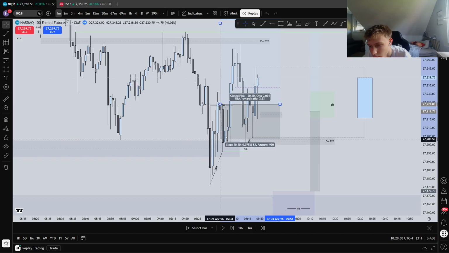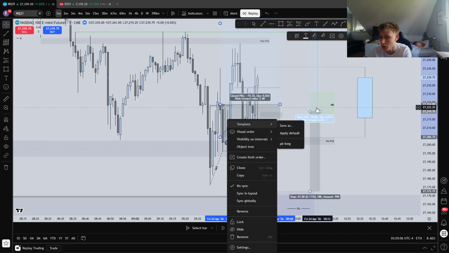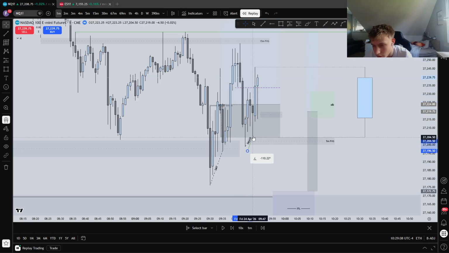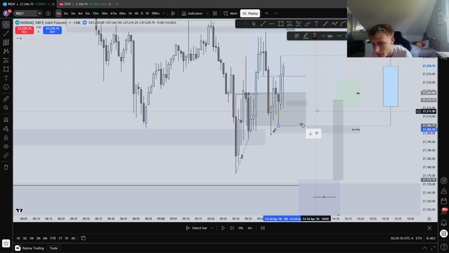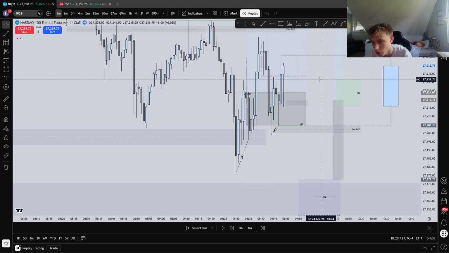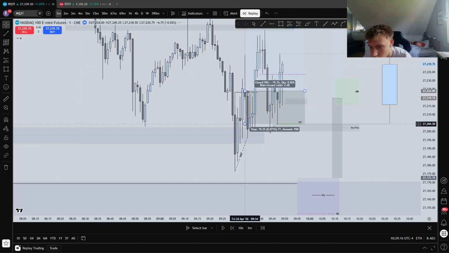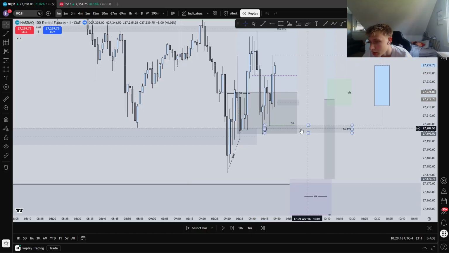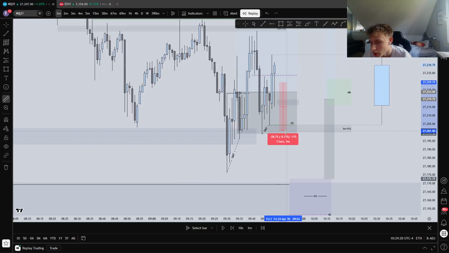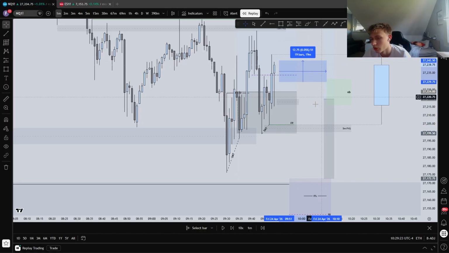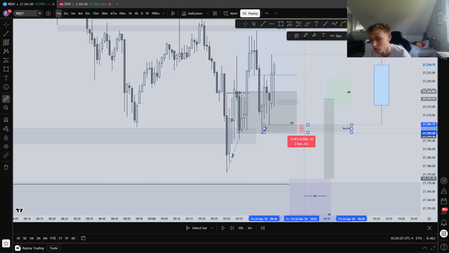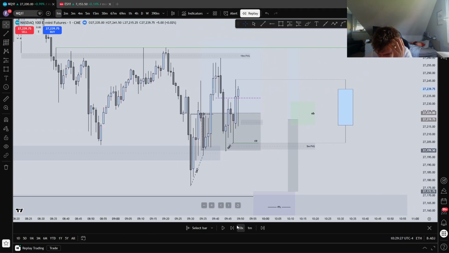I could have done it right here, because this now is the new order block, like these two candles, this 2-minute order block. But I trailed it to here just in case we go down, wick this order block and move higher. So I just had a bit more room for price to breathe.